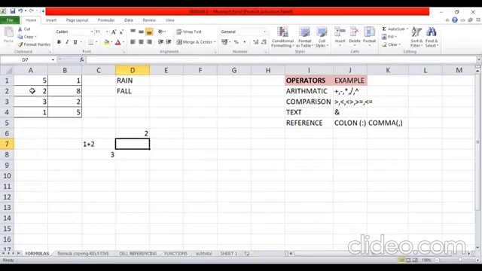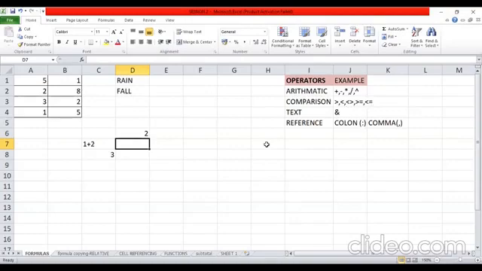So this is the way in which you can use an arithmetic operator in Excel, and this is also how you insert references in a formula. Now, we can similarly use the comparison operators. Comparison operators consist of greater than, less than. This sign which shows both greater than and less than is the not equal to sign. In maths, we write not equal to as an equal to sign crossed out. In Excel, it shows the greater than, less than symbols together to mean not equal to. Then this, of course, is my greater than equal to, and this is my less than equal to.